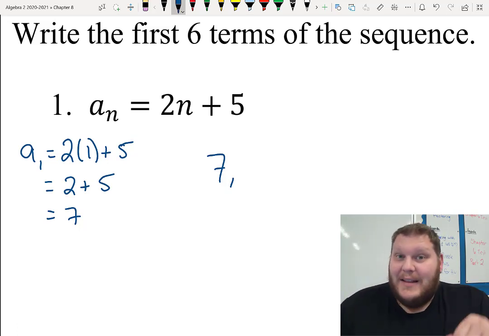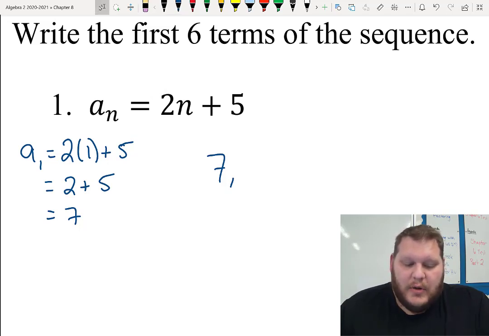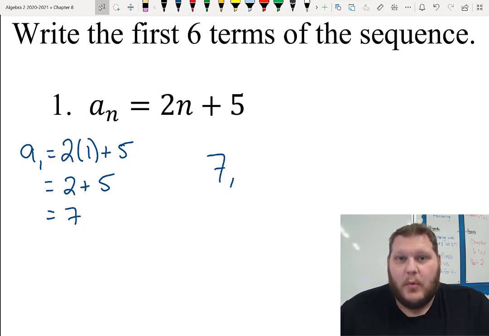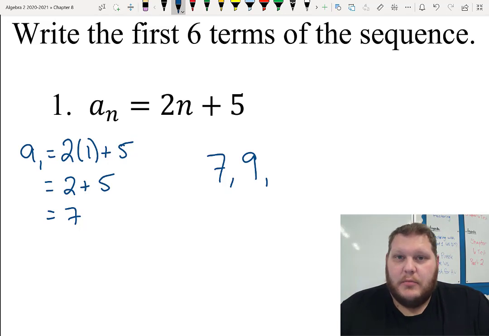But this is a linear equation, right, which means it's an arithmetic sequence. Here we should notice that the 2 attached to that n means that we're just growing by 2 each step of the way. So if I plugged in 2 here, I would get 2 times 2 is 4, plus 5 is 9, and that just confirms that we're growing by 2. So rather than plugging them in every single time,